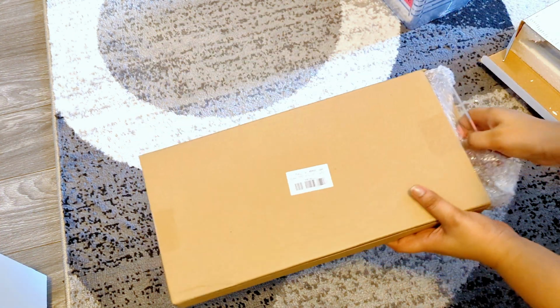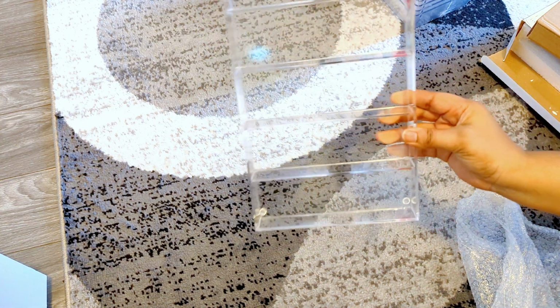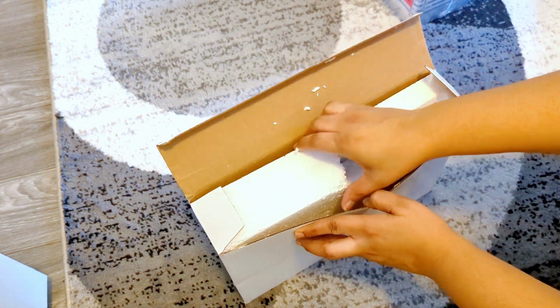Up next, I have another acrylic drawer organizer, and I'll be using this to store all my sunglasses. And this can also be placed on countertops, desktops, and store other things like jewelry, makeup, etc. I'm gonna use this to store my glasses or stuff like that, or jewelry, I guess. And then in this, we got